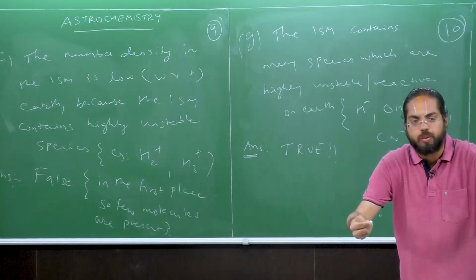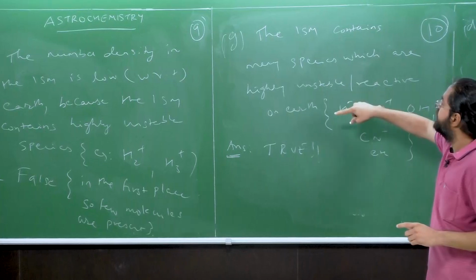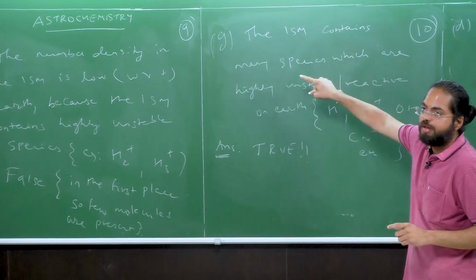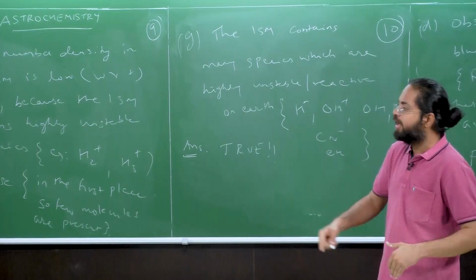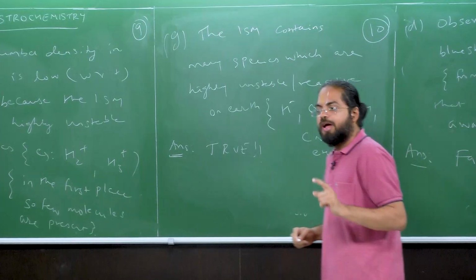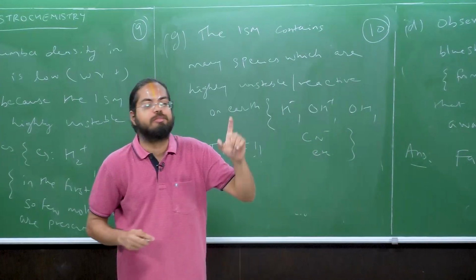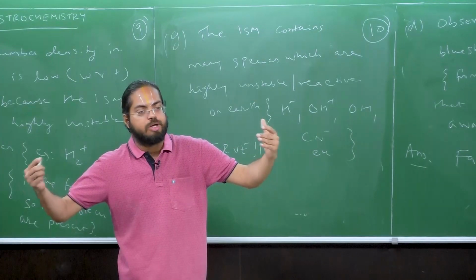As I have been telling you in the lectures repeatedly, the reason why several of these highly unstable species, as we understand their stability or instability on Earth, could be present in the ISM is that it is the conditions that determine the stability or instability of a molecule,